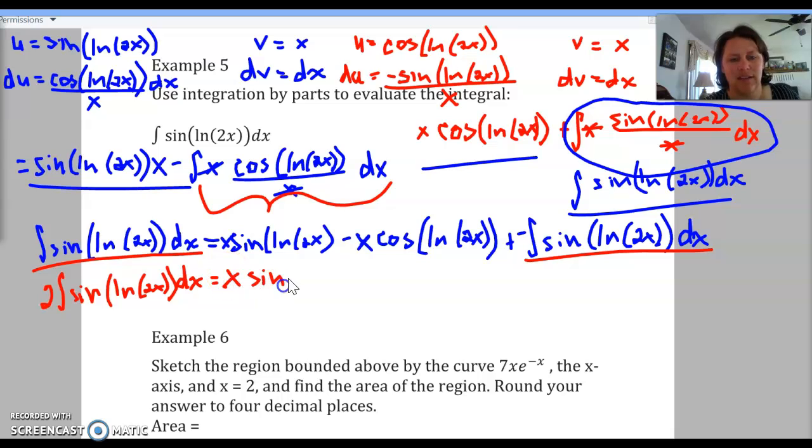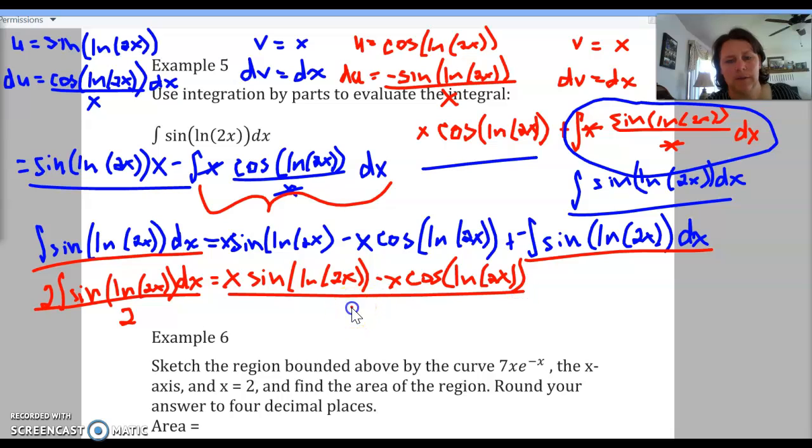So we have x sine natural log of 2x minus x cosine of natural log of 2x. I added this to the left-hand side. Now we have 2 of them. Let's divide both sides by 2. And then you have your final answer. Our 2's cancel on the left-hand side. And now this is exactly what I wanted to find the answer to. And that answer is what we have on the right-hand side. We could also pull that 1/2